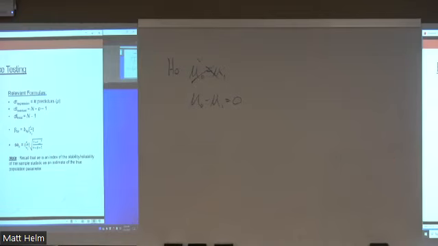Here's my ANOVA table, okay? I've got a sum of squares regression. This is telling me how much of the variability my regression model is accounting for above and beyond just predicting the mean, right? We've got our degrees of freedom, our mean square, our F, and our p-value. Sum of squares residual: this is the sum of squared deviations of my residuals, right? This is my error. And here's my sum of squares total. This is just my total variability in Y, right? So if I literally went into SPSS and just asked for the sum of squares of Y, this is what it would get me. It's all just total variability, okay?